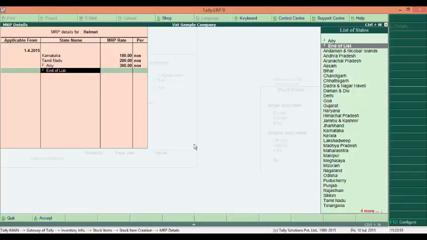So now whenever you select a state, Karnataka, the MRP will be 100 rupees, Tamil Nadu it will be 200, and for rest of India it would be 300. This MRP can be defined for both VAT as well as for excise. So it becomes very simple since it is available in one place.